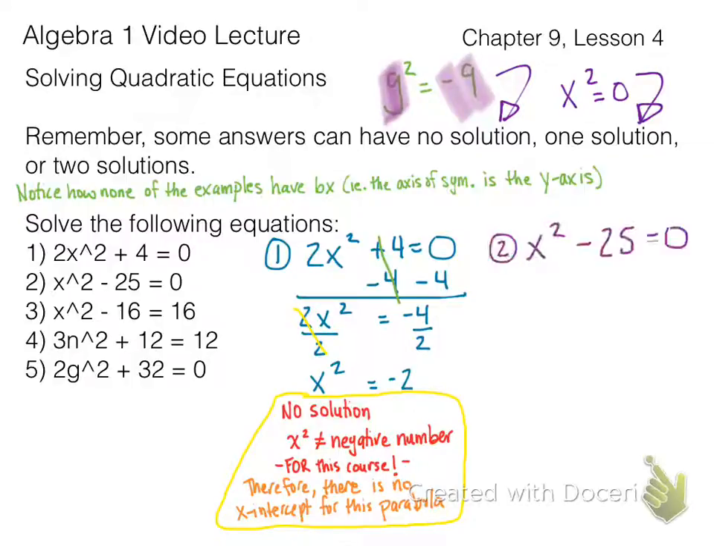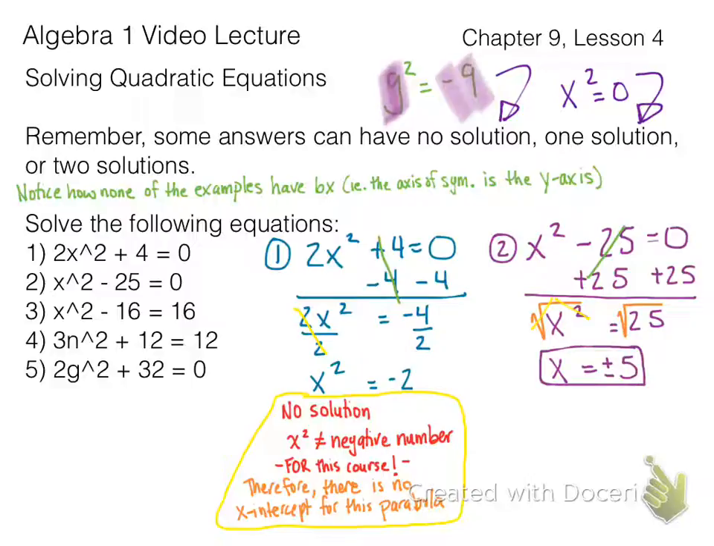Okay. So second equation, we have x squared minus 25 equals 0. Well, I'm going to add 25 on both sides. Those are going to cancel out right there. And I'm going to get x squared equals 25. Well, there are two solutions for this because there's two ways that I can get 25 when I square a number. So if I square 5, 5 times 5 is 25, but I could also square negative 5,